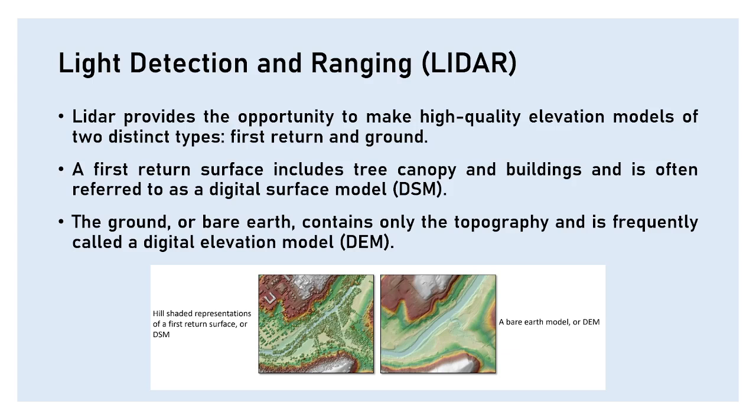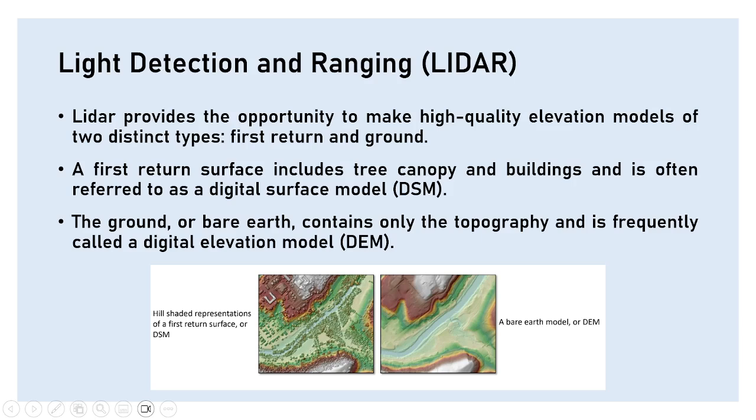The ground model, or the bare earth, contains only the topography and is frequently called the digital elevation model. So you can actually make these two models, the first return and the ground. First return is basically referred to as the DSM, the digital surface model, and the ground model is basically the DEM. So if you take a look at this image,